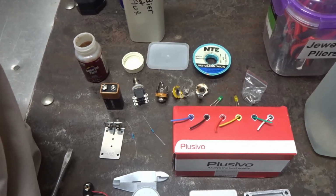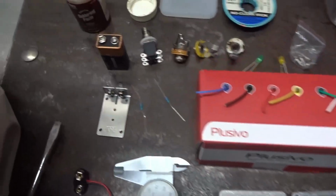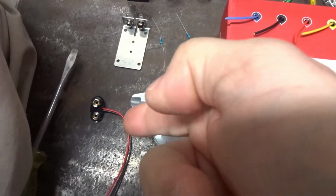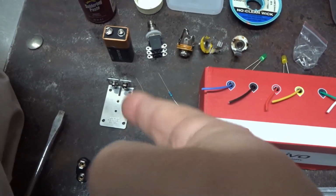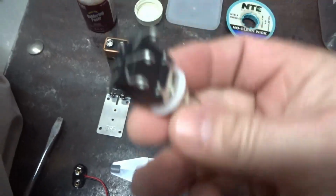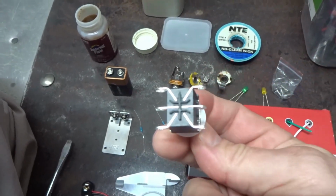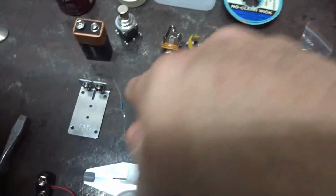What's up, guys? Today I figured I'd make a video to show you how to make an A-B switch. So you're gonna need an enclosure. We're gonna need either a 9-volt snap adapter like that, or I had one like this. I don't know what I'm gonna use. You're gonna need a double pole double throw switch, so that's got the 6 legs, a 9-volt battery, and we got